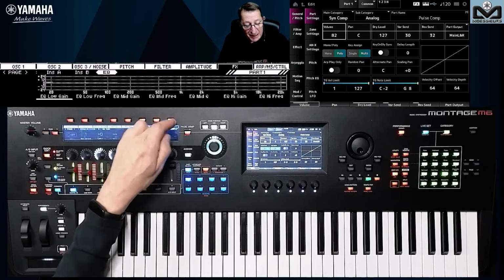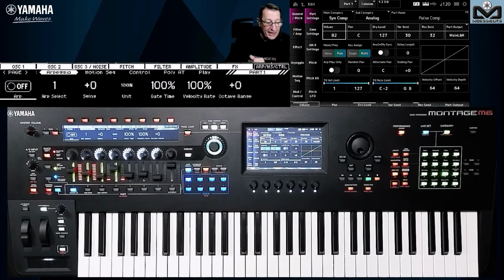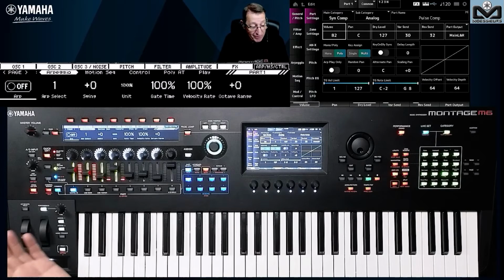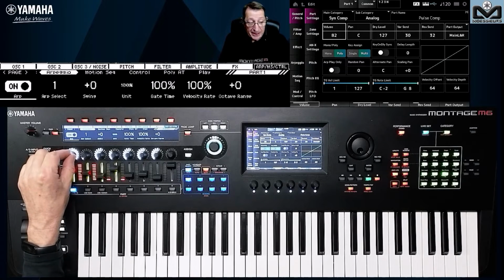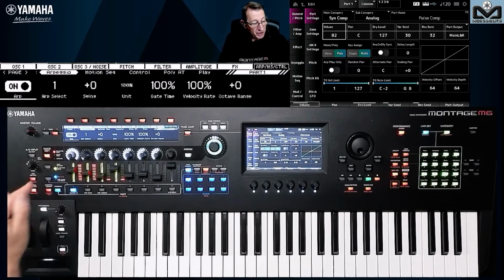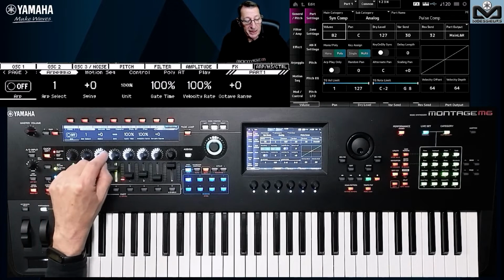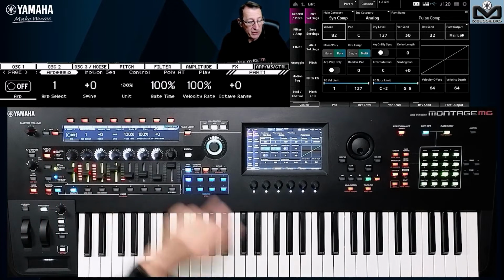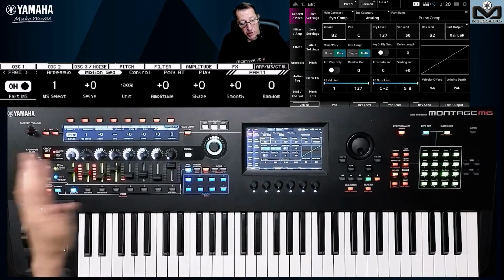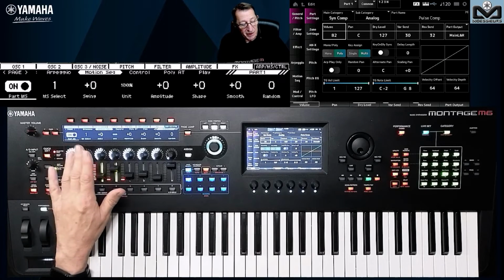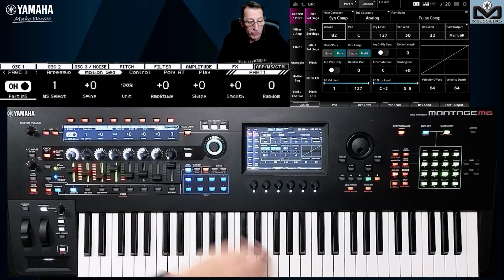And the nice surprise is here. Here we have a lot of things. We have the arpeggio, so you can set the part arpeggio on off. This is not the master, this is the part. The arpeggio select from 1 to 8, the swing, the unit multiply, the gate, the velocity, the octave range. The same idea for the motion sequencer, with the motion sequencer select that you can find on off, the swing, the unit, amplitude, change, move, and random.